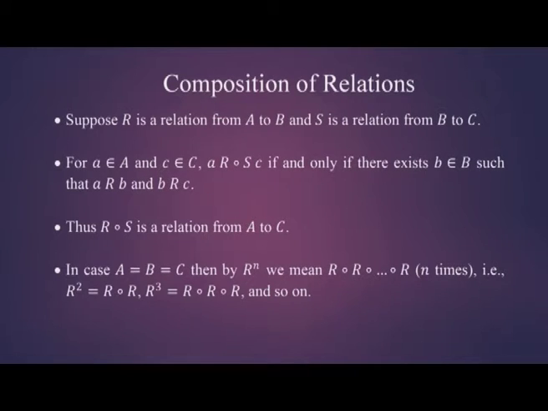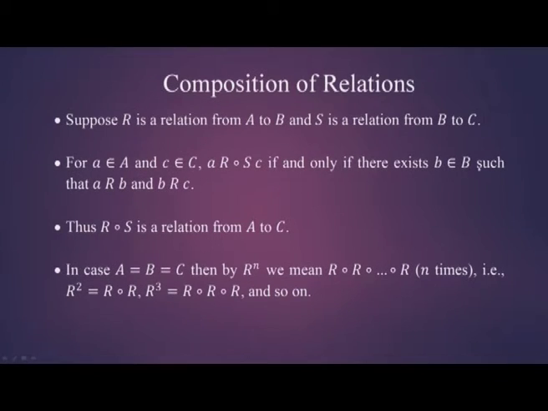For a small a belonging to A and small c belonging to C, we will say that a is related to c by the relation R composition S if and only if there exists b belonging to capital B such that a R b, that is, a is related to b through R, and b is related to c through S. Here we have a set A,